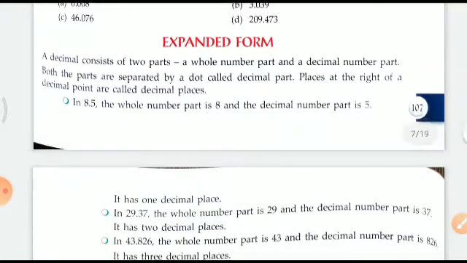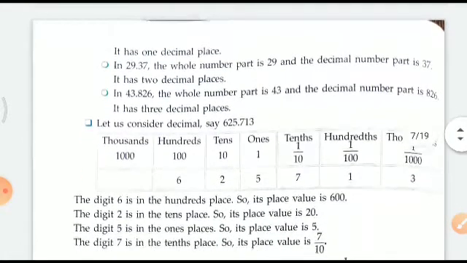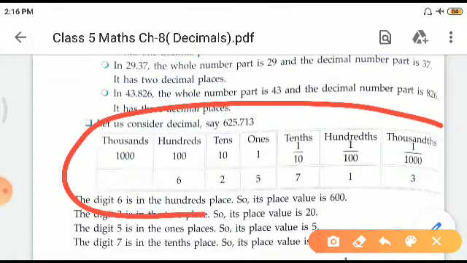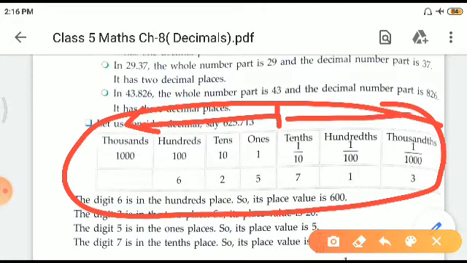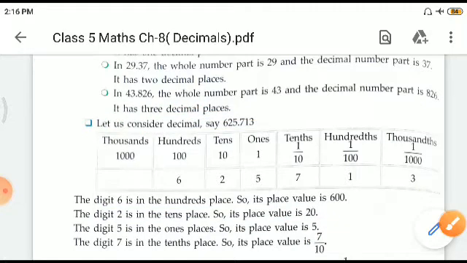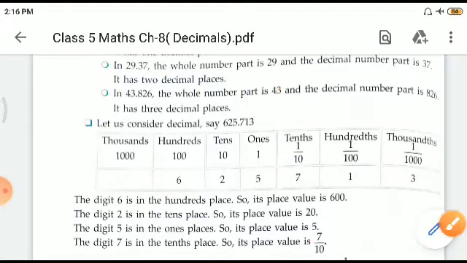Now let us see their expanded form, right? How we expand it. Now see this chart, please get it very straight in your mind, right? See, if here is the demarcation, then this way it spreads, and then this way. See, ones, tens, 100, 1000 on this side, and tenths, hundredths and thousandths on that side. So we put the number and we get the answer. This demarcation is the point, right? Okay.